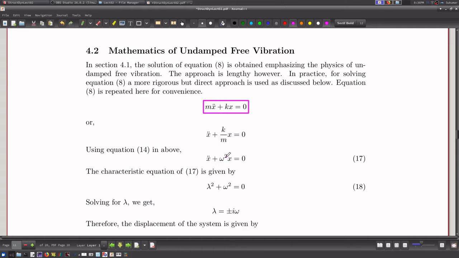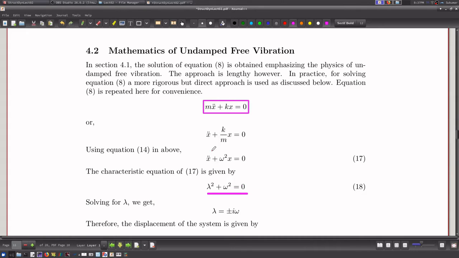We are writing square because it is a second order equation. That is the method of solving any differential equation. So from this I can find the corresponding characteristic equation as this. This is my corresponding characteristic equation, where it is solved for lambda. Lambda is my characteristic root, and since this is a second order equation, I will have second power of lambda. So lambda square plus omega square is 0,